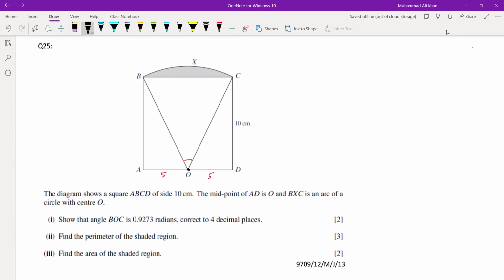Now, in the first part, I am calculating angle X. Can I say that tan X equals 10 over 5? What is the value of X? 1.11. Therefore, angle BOC is